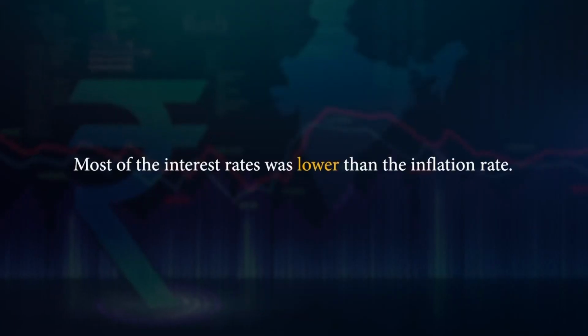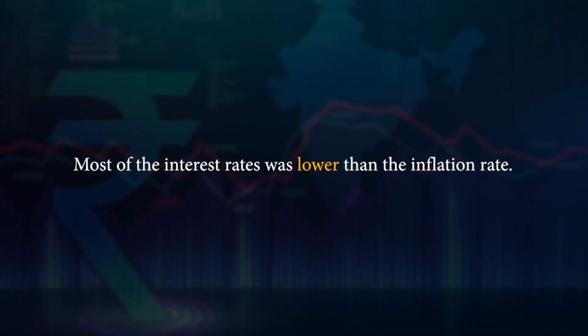Now, what is fiscal dominance? It means that the RBI's ability to control money supply, to control inflation, was severely restricted by its requirements to finance the growing fiscal deficit of the Indian government. And financial repression, which was another problem, meant that because of the interest rate control, most of the interest rates were lower than the inflation rate. In turn, the ability of the RBI to manage aggregate demand through changes in interest rate became extremely restricted.